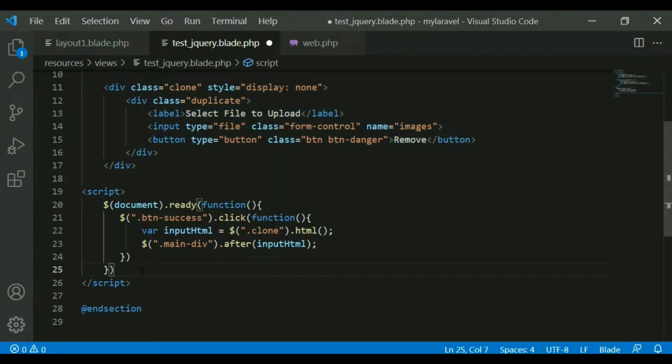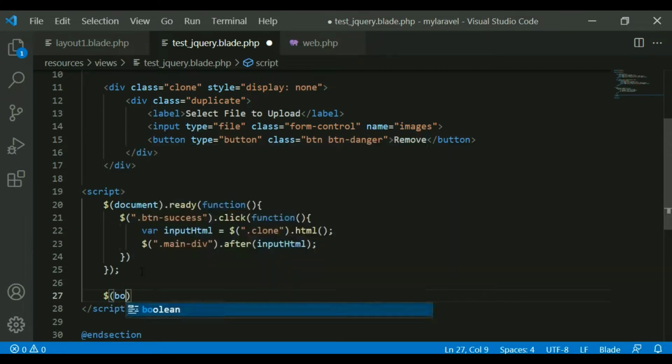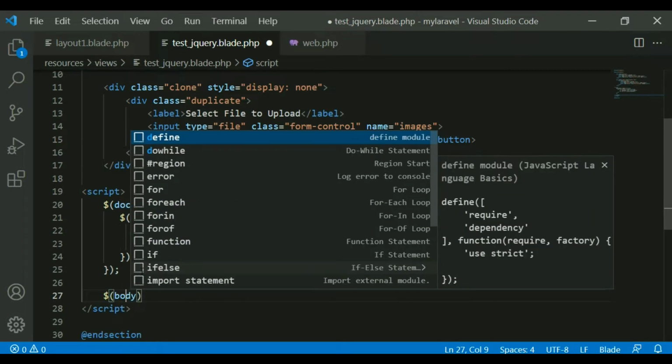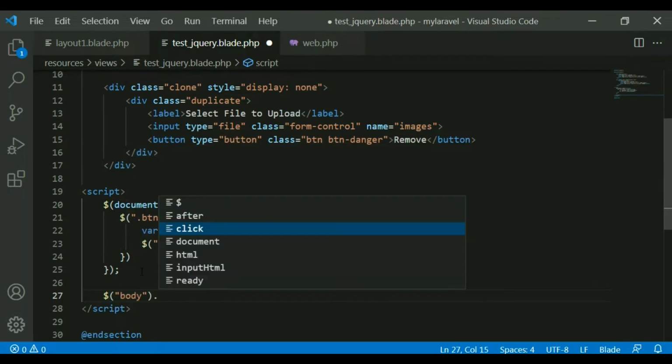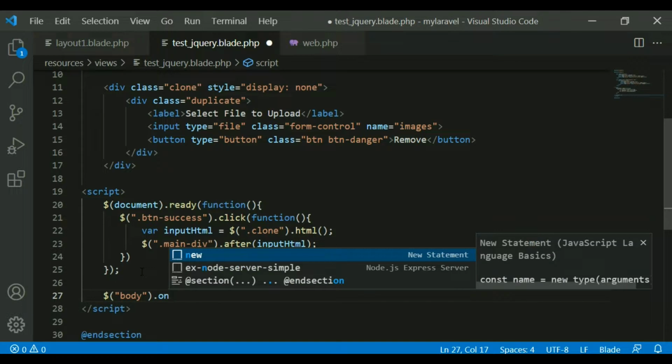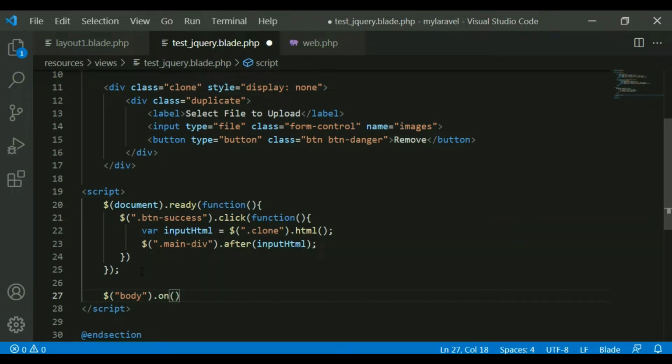Very simple. If you know jQuery, I'm just writing again dollar, and I'm focusing the body of this page, and here I'm writing another version of the on click event. If you know on, then you write click.